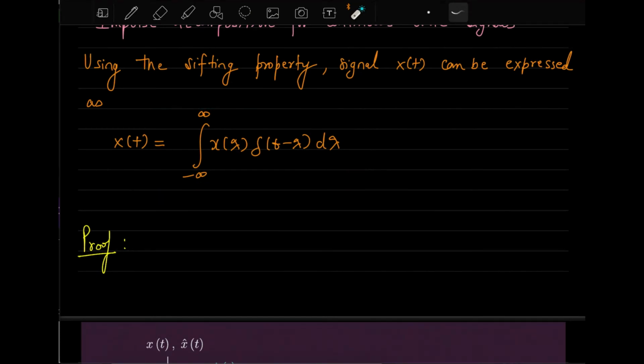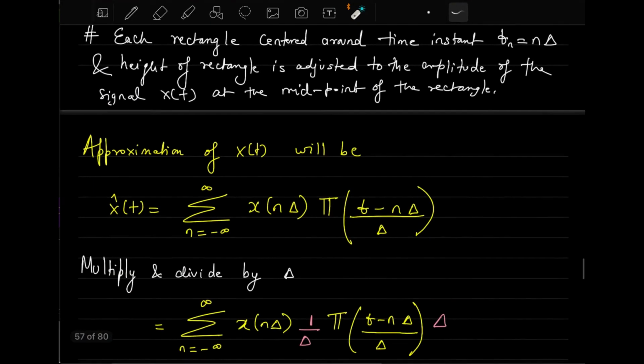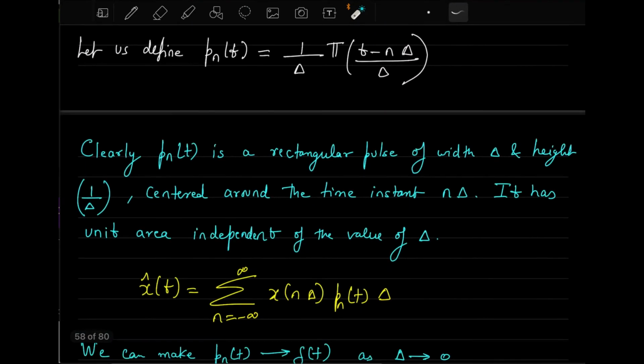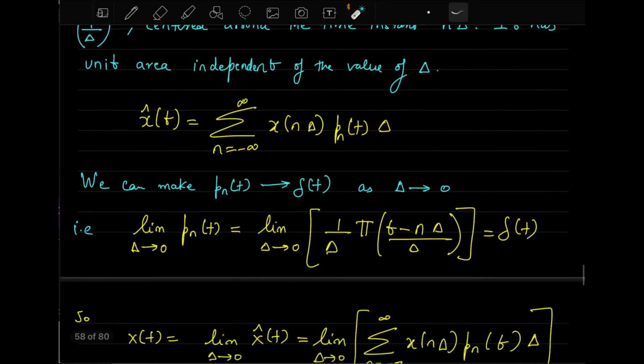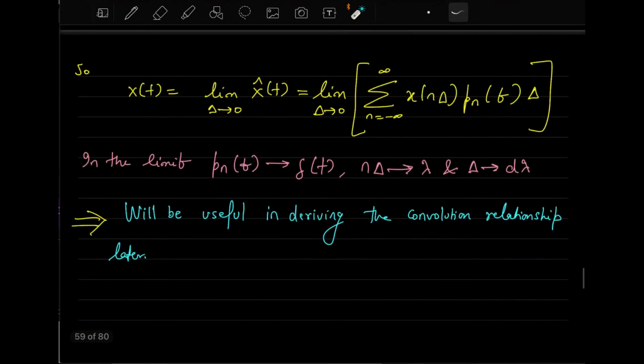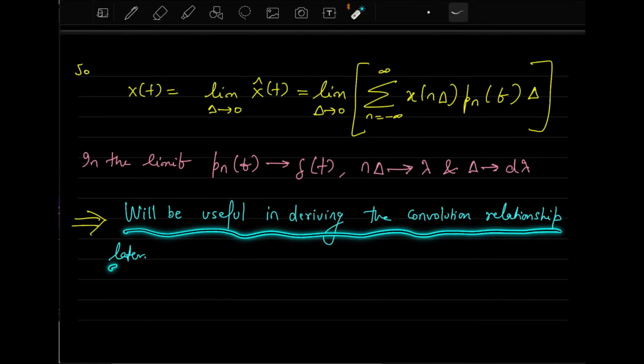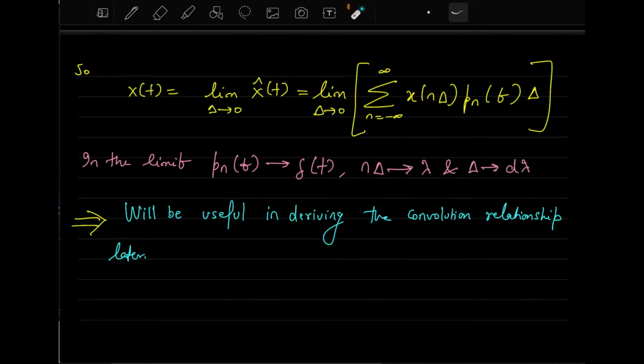So now you can see how we have represented it in terms of how we derived it. As you can see, this expression which we have given at the top will be particularly useful in deriving the convolutional relationships later. So let me show you one simulation here, so that it will make your visualization concrete.